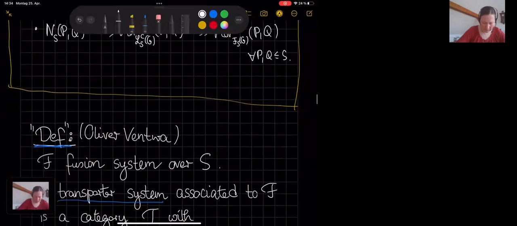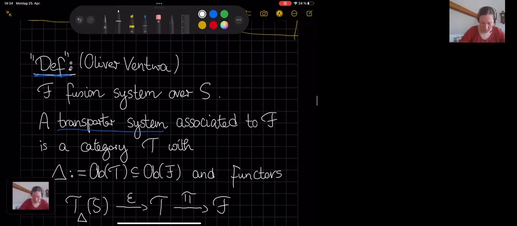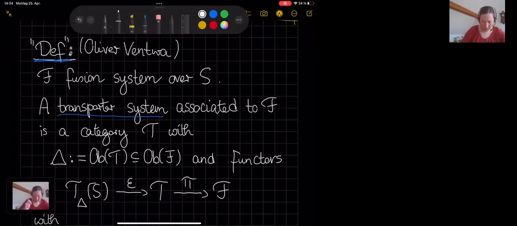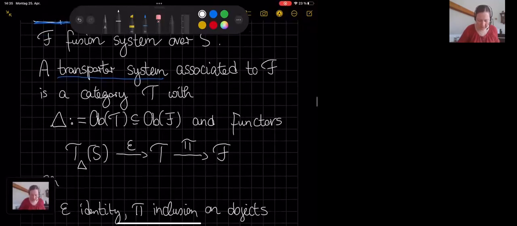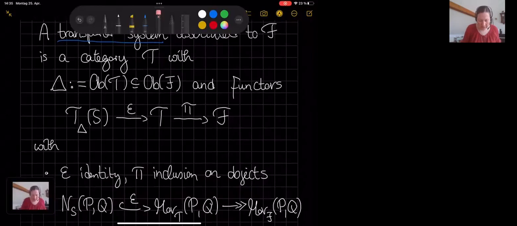So that's now the motivation which I want to use to give a hint on an abstract definition of a transporter system, which is due to Oliver and Ventura. And linking systems are special cases of transporter systems. So if F is a fusion system over S, then a transporter system associated to F is a category T such that the objects of T are some subgroups of S. So this is contained in the set of objects of F, which would be the entire set of subgroups of S. And then we are given structural functors